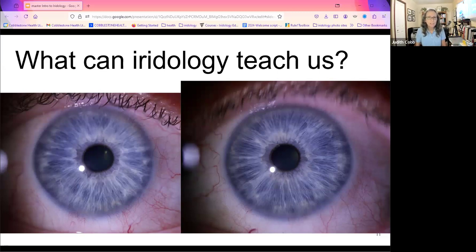And so I don't need to say anything to her about, oh, you're predisposed to constipation. I could say you've got a tight collarette that could increase your risk of constipation. Or I might more likely say, when we see this ring this close to the pupil, it suggests that there might be a risk of constipation. Has that been a part of your history? Right. And then she can tell me her story about that.